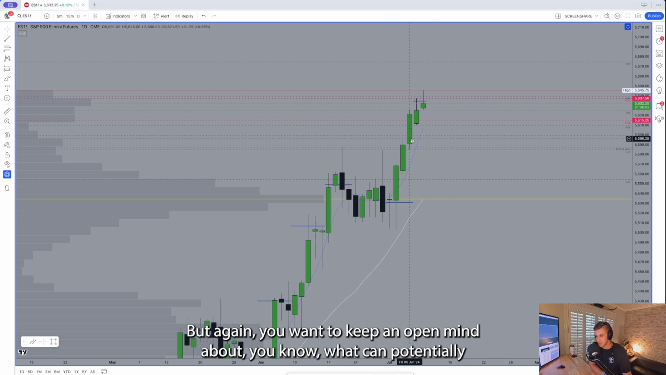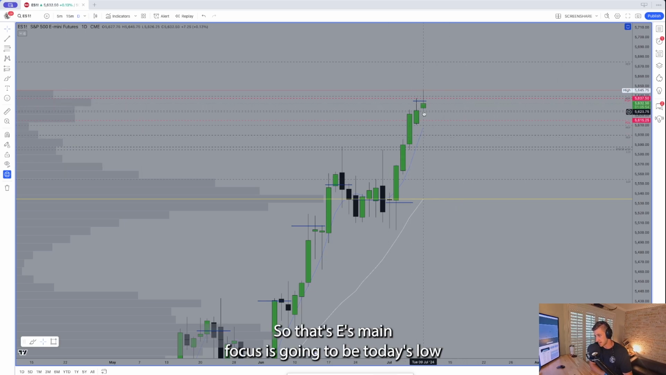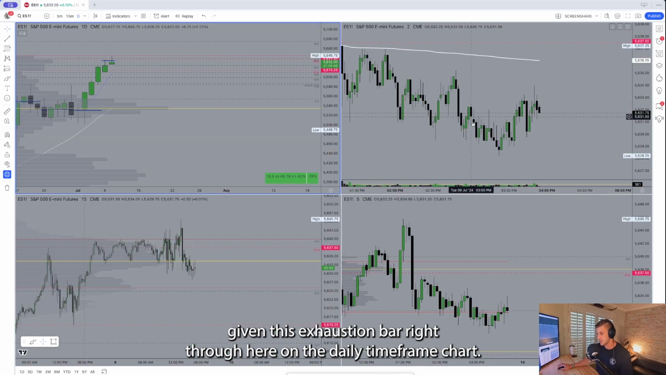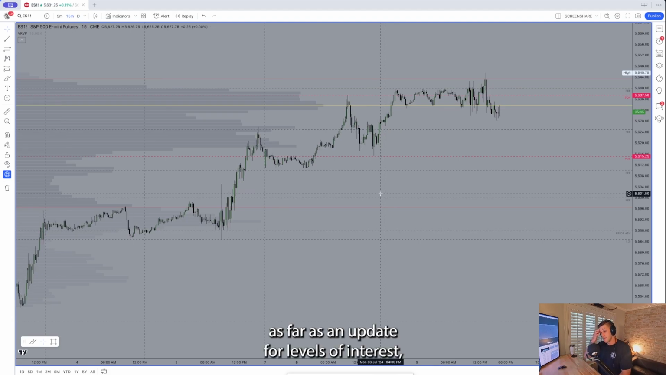But again, you want to keep an open mind about what can potentially lay ahead for this structure. So that's ES. Main focus is going to be today's low, given this exhaustion bar right through here on the daily time frame chart. Now, taking a look at the actual near-term structure, as far as an update for levels of interest,